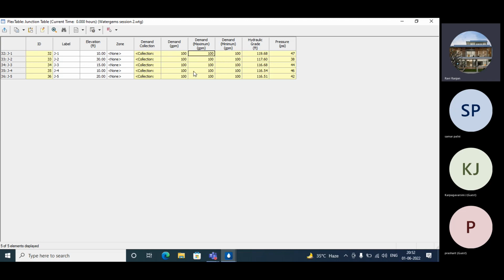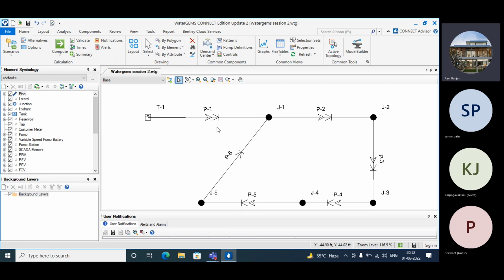So after analyzing, you get these things, the demand in junctions, how much demand they need. We have already provided the demand of 100, and you can see it will keep all the demands constant here. Next, if you want to display the pressure on this worksheet as PSI, to display the